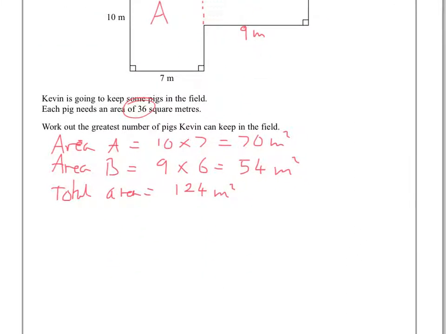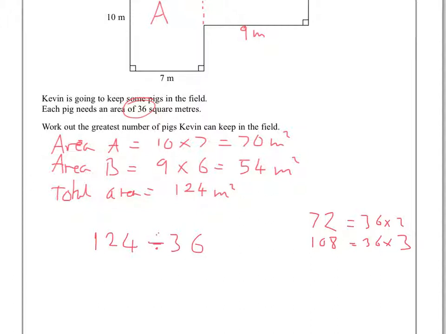is 124 divided by 36, but we don't need an exact answer, we just need to know how many 36s fit into 124. We don't need to know about the remainder or the decimal part of the answer. So if we just think about that, 36 times 2 is 72, 72 plus 36, so 36 times 3 is going to be 108,